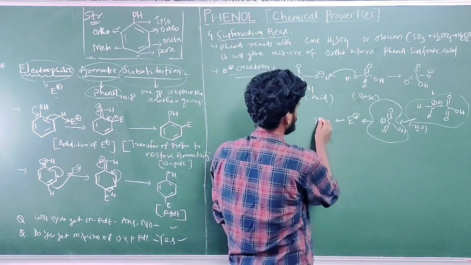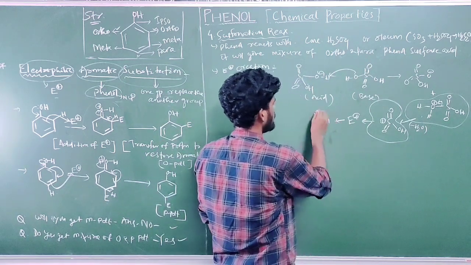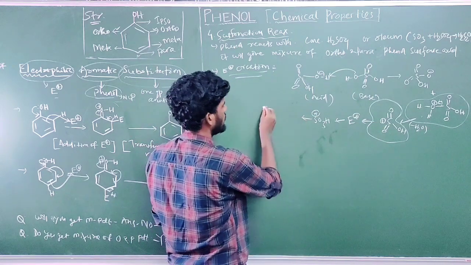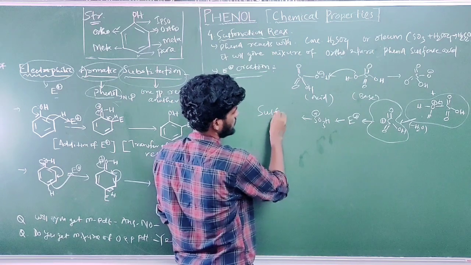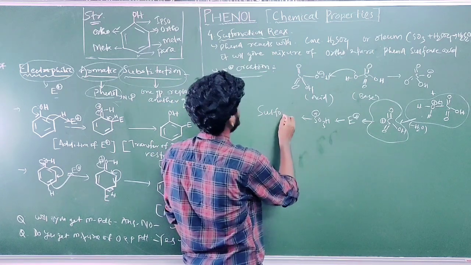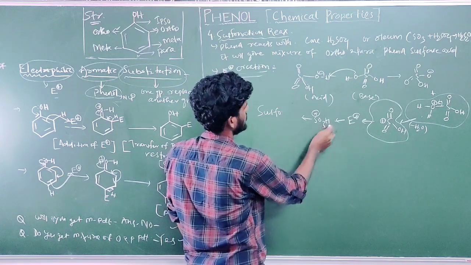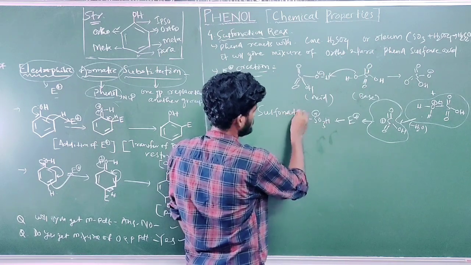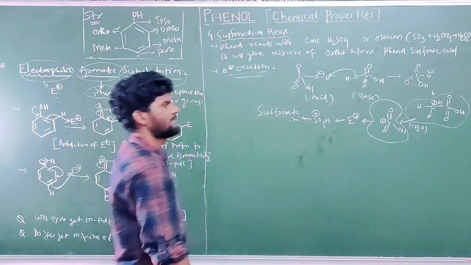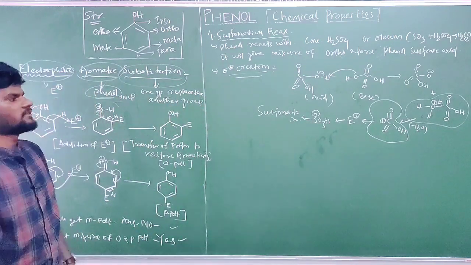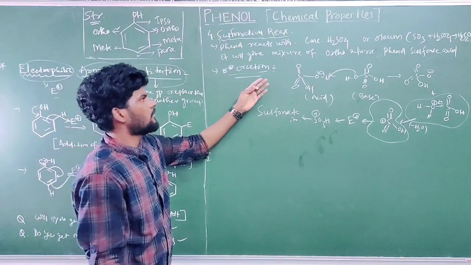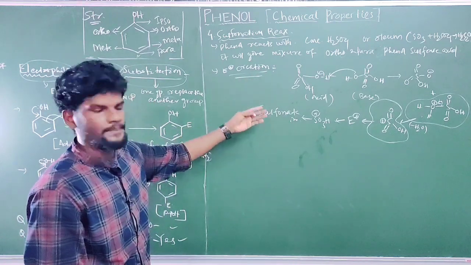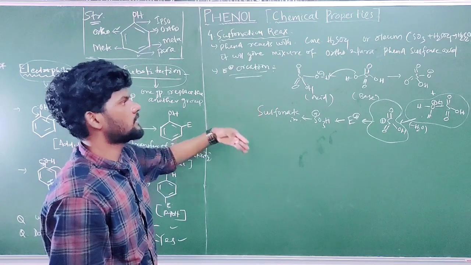SO3H, over sulfur there is a positive charge, SO3H plus. This is the sulfonate ion. In the exam it can also ask what is the electrophile in sulfonation reaction. So SO3H plus is the answer, sulfonate ion. Okay, easy. So in the presence of concentrated H2SO4 we get the sulfonate ion, or SO3H plus, as an